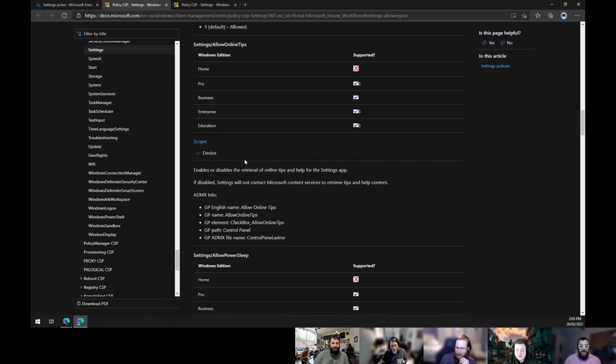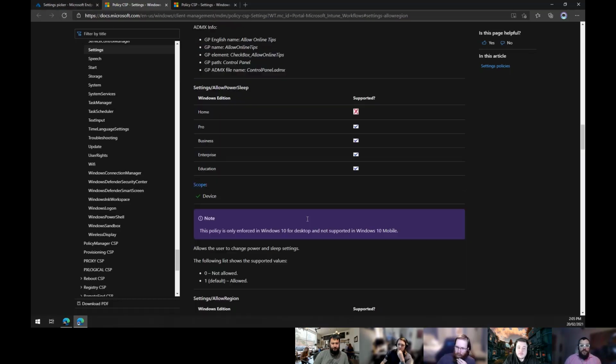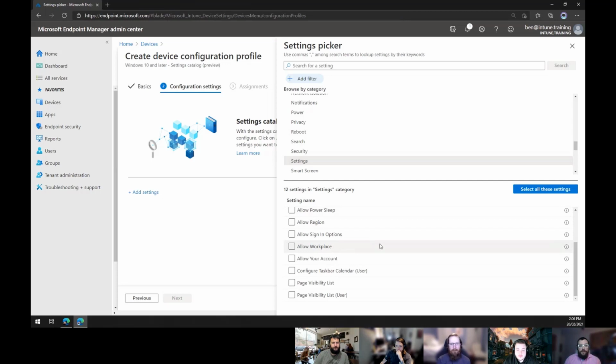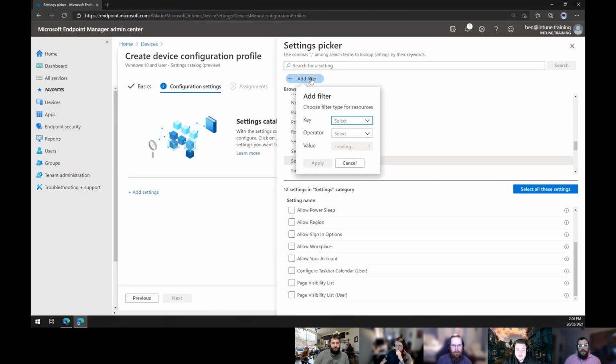So the other thing you'll notice is this page is great because it gives you applicability information. And since we're building all of these in a data-driven way off of the settings, all the settings have the applicability information stored in the setting as well. Totally. So if you go back to the picker, one thing we've done is we've built a filter so that you can filter based on what OS edition of Windows you're using. So if you're deploying for, let's say,